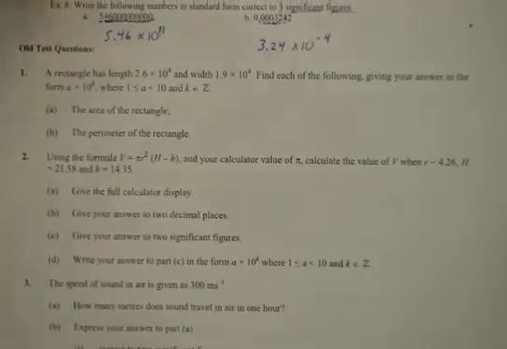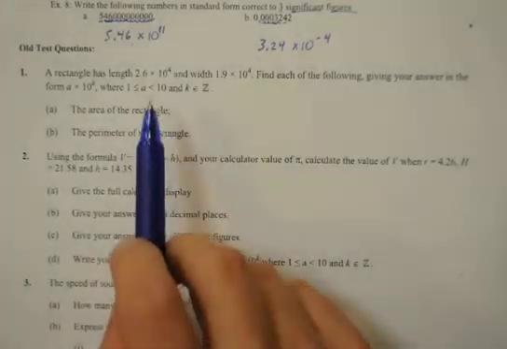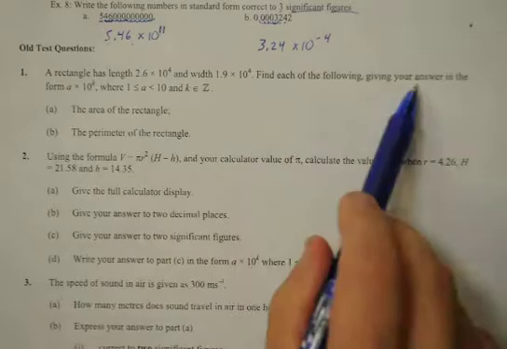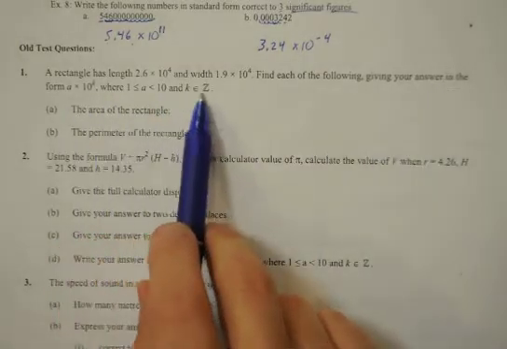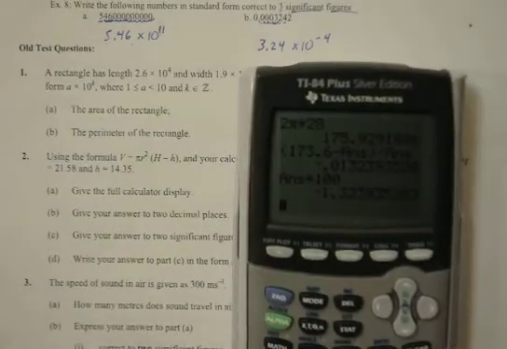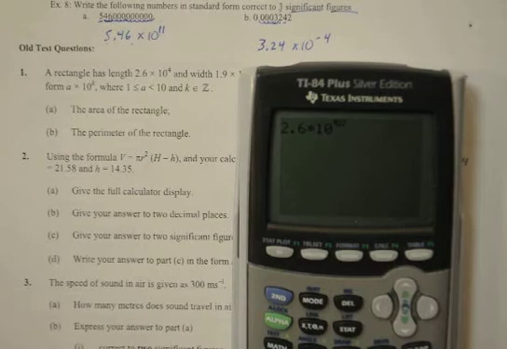Okay. The last part are some old test questions. So here we go. A rectangle has length of the following and width of the following. Find each of the following given your answer. Where we have in find the area 2.6 times 10 to the fourth